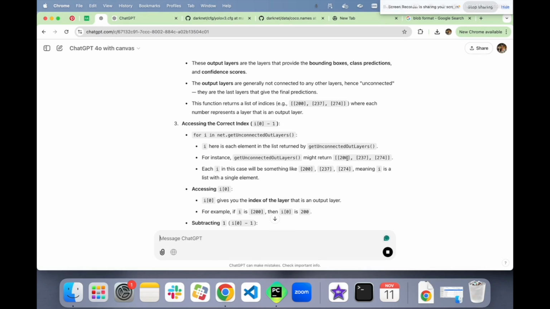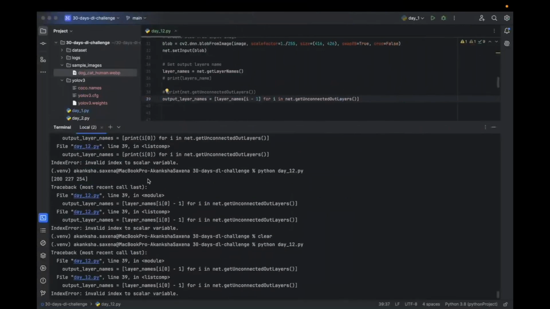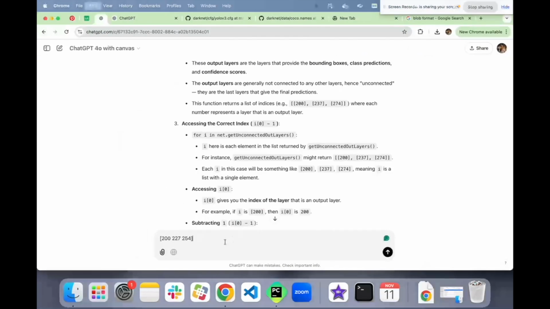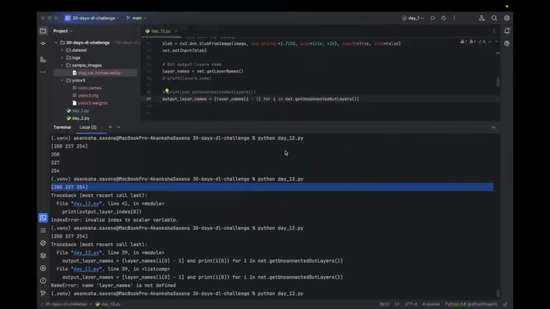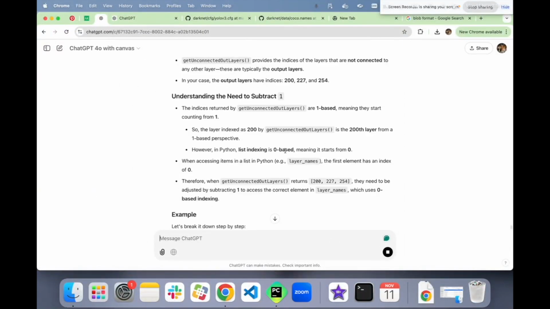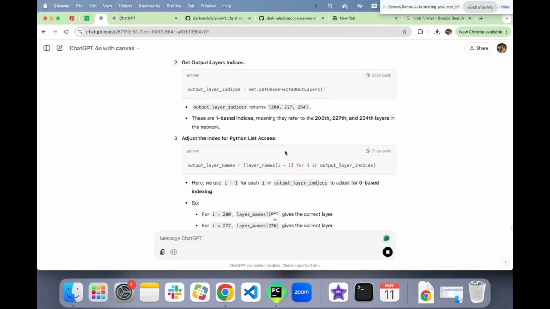No, it is not returning this. It is simply returning the ith value. It is returning this. This is what is returned by unconnected layers. Got it? That's why we do not need to do